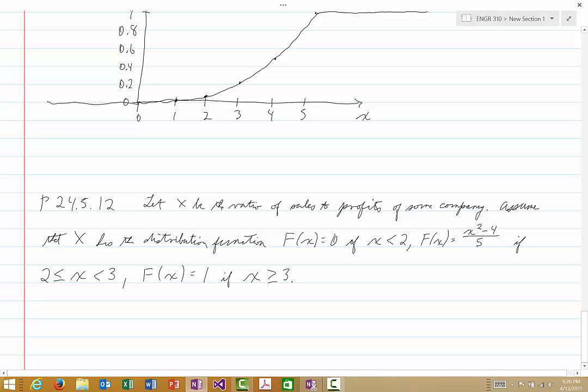Find and sketch the density. Let's just, I'm not going to worry about the sketch. Let's just say find the density,